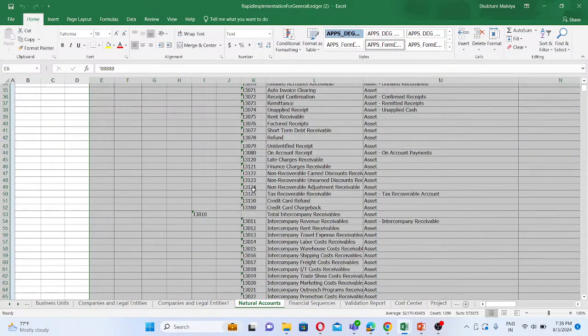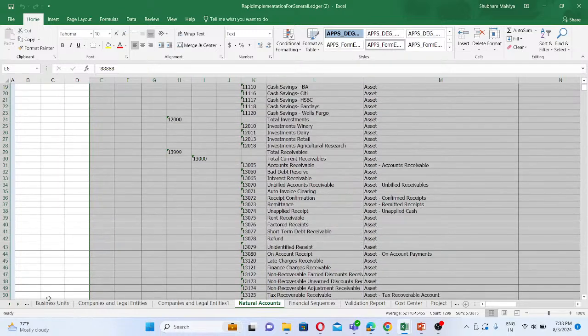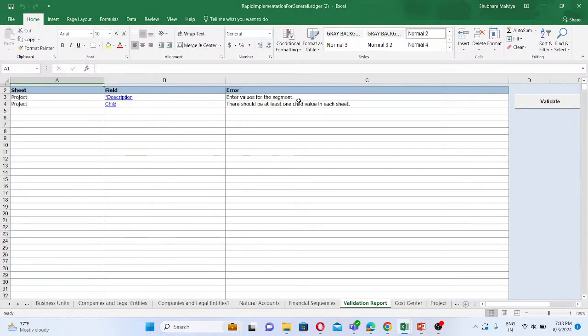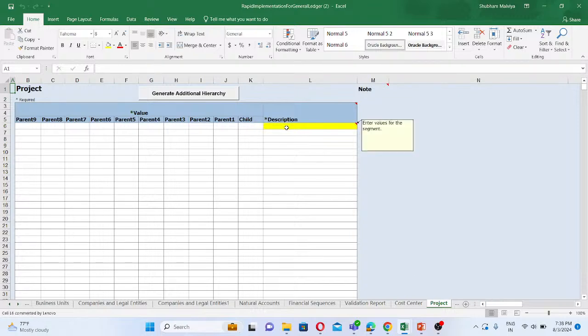So now once again for the validation, click on step 1 validation. Now project, okay, description is not given and child is not given. So now move to project, description. Okay, so project, I'll give the value,